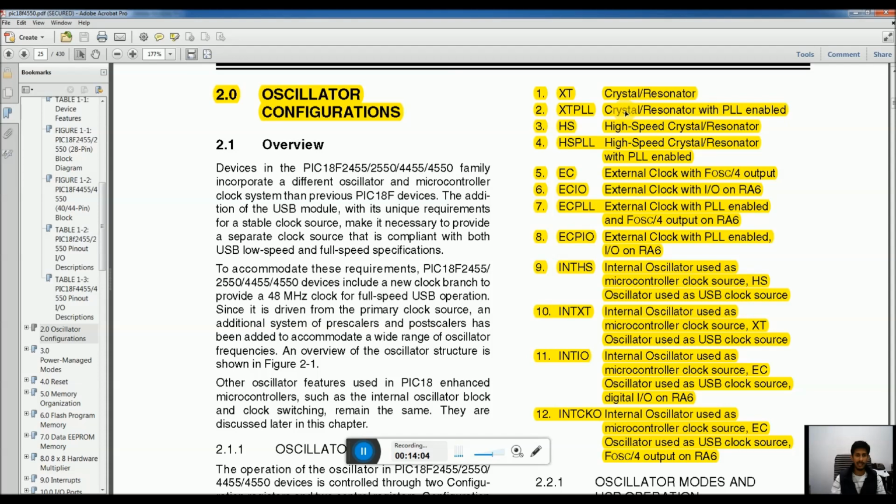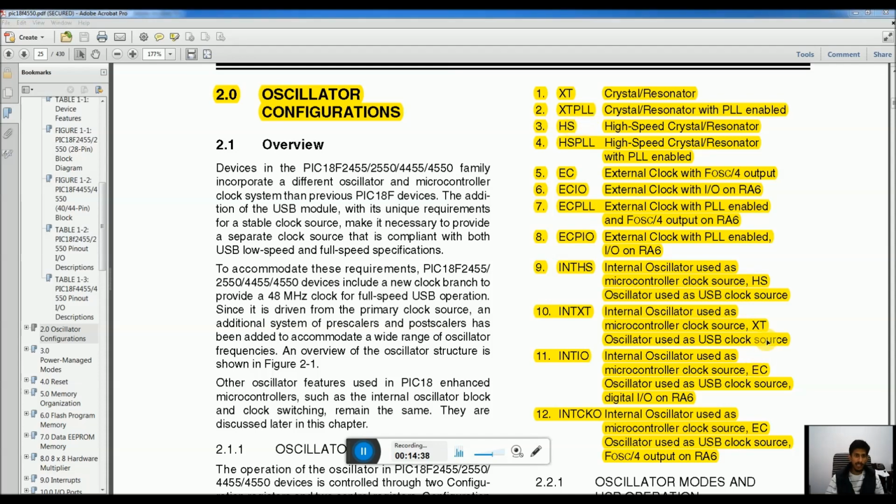For instance, if we have a 1 MHz external oscillator connected to the 2 pins of the microcontroller, we can pass that signal through the PLL and multiply it by 2 to make it a 2 MHz oscillator and use it as our main clock source.